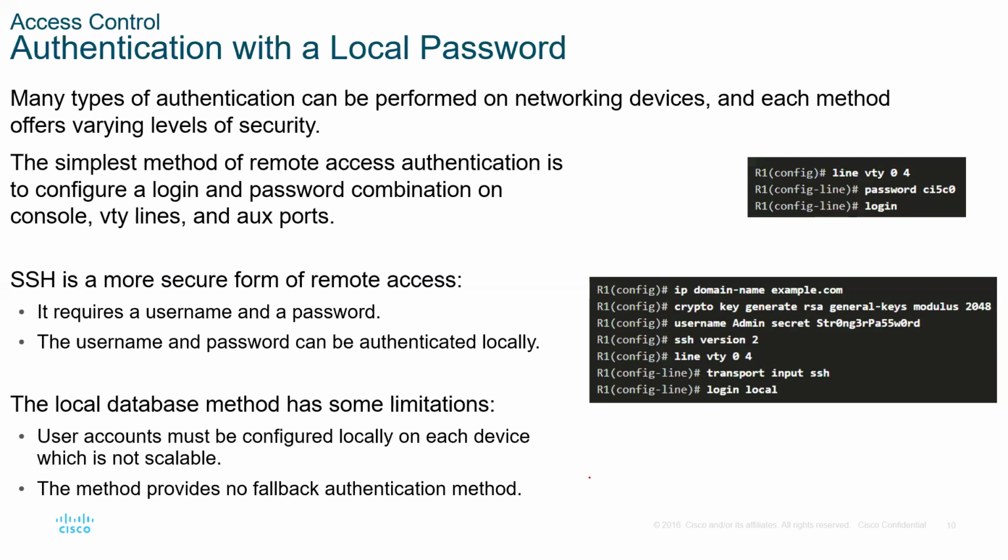Authentication with the local password. Right, we have many types of authentication performed on network devices, with varying levels of security, the simplest method being remote access authentication using console logins. Then we have the other one, SSH, which is a more secure form of remote access, requiring a username and a password. The local database method has some limitations. User accounts must be configured locally. The method provides no fallback. Right here,